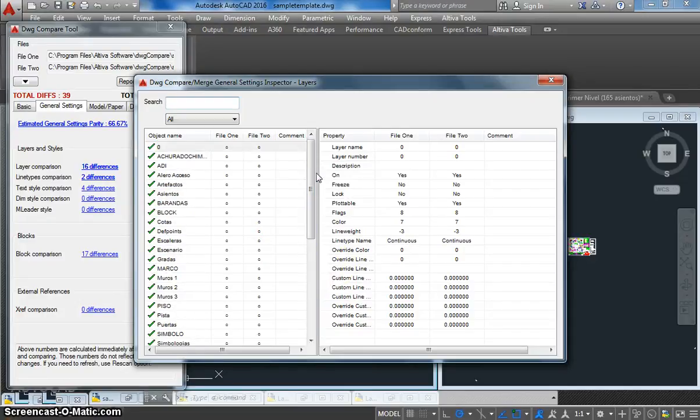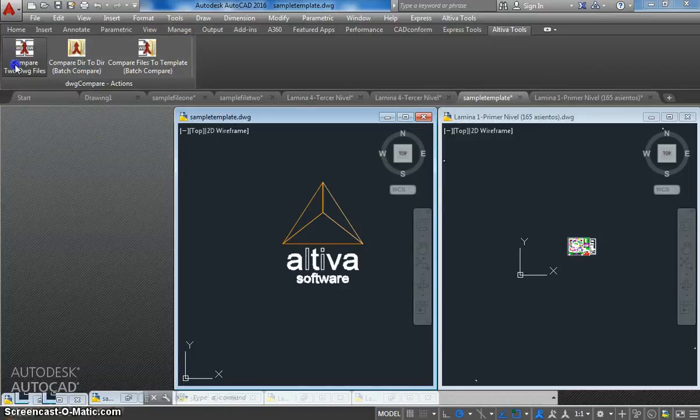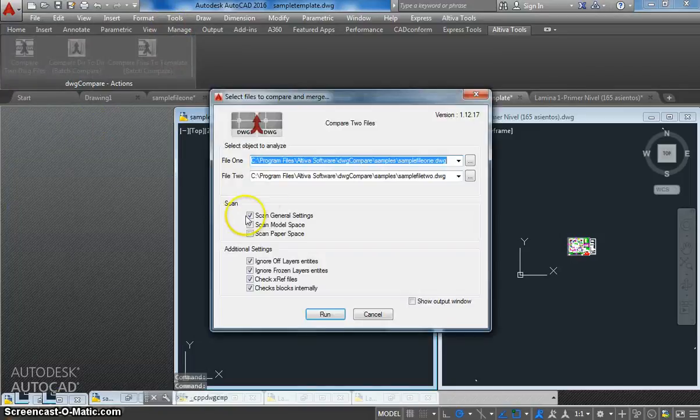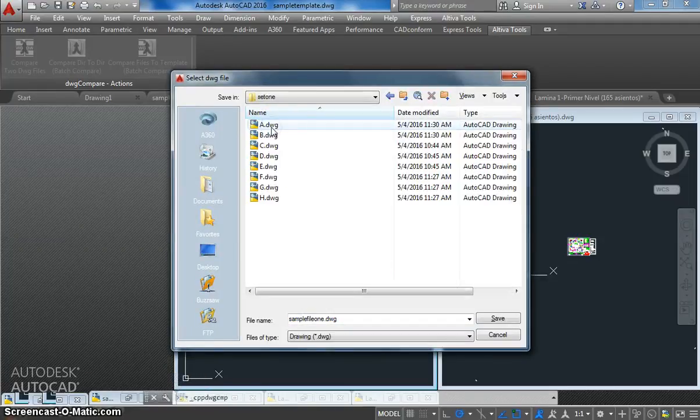So the only other thing that I want to show in this demo is related to the xref files. It was not finished a year ago when Pierce had a chance to see this functionality. So we will compare two dummy files but with nested xrefs in them. So let's first select this file a.dwg